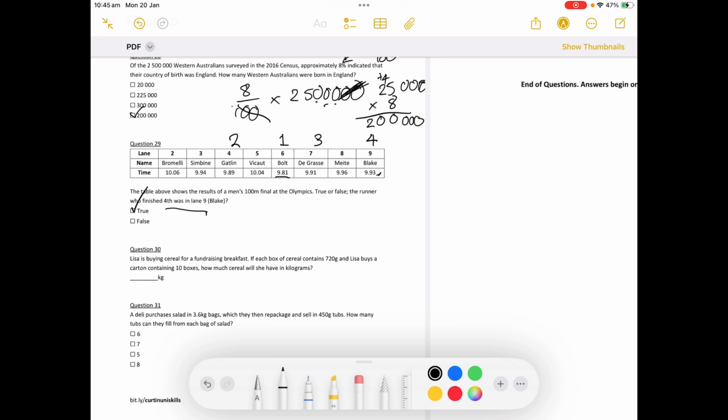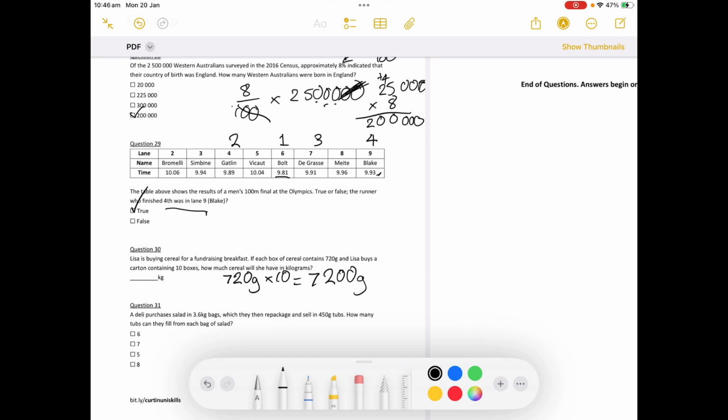Lisa is buying cereal for a fundraiser breakfast. If each box of cereal contains 720 grams and Lisa buys a carton containing 10 boxes, how much cereal will she have in kilograms? Alright, so first off, let's work out how many grams are in these 10 boxes, okay? So we've got 720 grams, and we've got 10 of them. So we'll times that by 10. So I've got